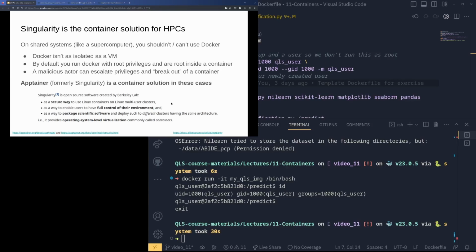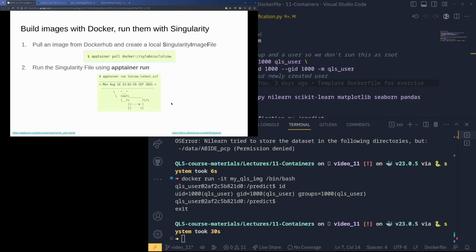And so now you might wonder, well, why did you tell us about Docker when most of our things are running on the high performance cluster? And the trick is Singularity really can be the last step in your process. So the recommended way of doing things is you develop in Docker, you make your Docker file, you build your